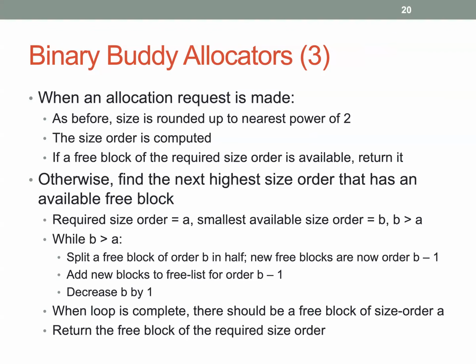Okay, now if you can't find a block of the appropriate size order, then you start hunting and you go through your free list until you find an available block of a size order. It'll be much larger than what you need, but now you can start recursively splitting it, or let's say iteratively splitting it, because recursion is something you prefer to avoid in operating system kernels unless you have tail call optimization,